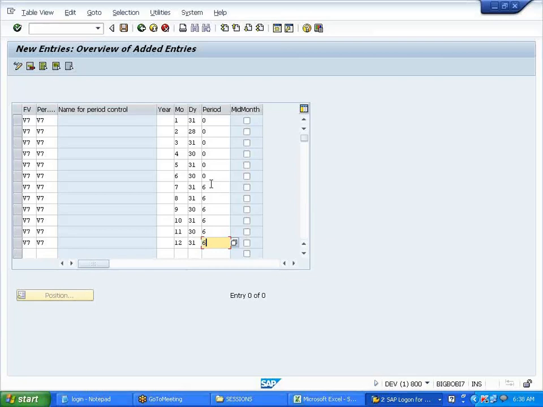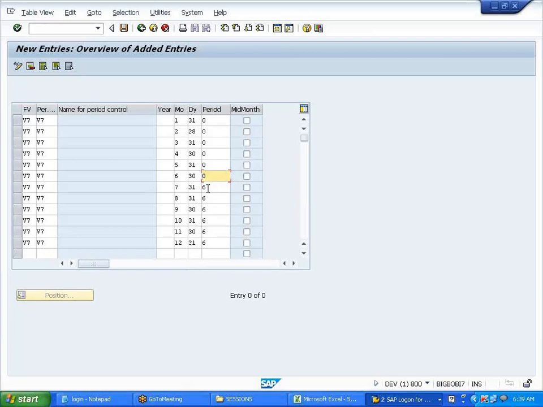So I'm just trying to show you the purpose of the period control: it controls the way the depreciation should be calculated. Kadir, sorry to interrupt, can you please repeat it again because I'm a little confused? The simple phrase is: if you are acquiring the asset in the first 6 months, you might acquire in the 4th month, 5th month, or 6th month, you will get full year depreciation.